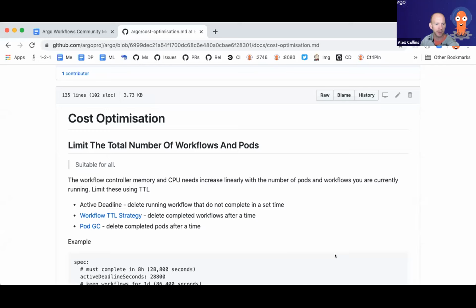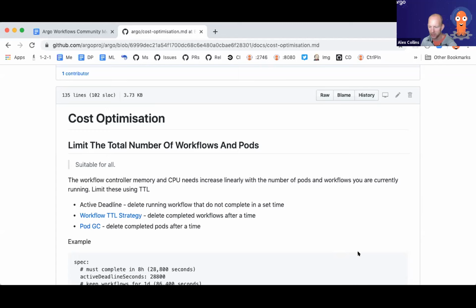So we're putting together a document to list some of these cost optimizations, and they're broadly split into two categories. One category is optimizing the execution of your workflows, and the other is the operation of Argo Workflows itself. We split it into two categories because the costs for executing workflows can typically fall on a different team or business unit than the one operating it, even though the two are obviously interrelated.